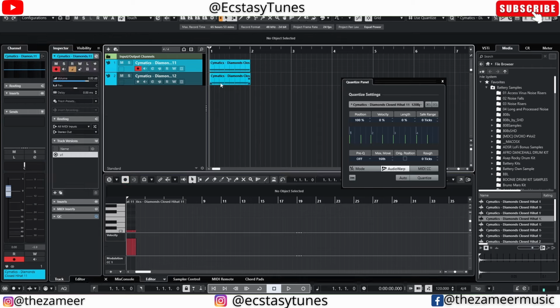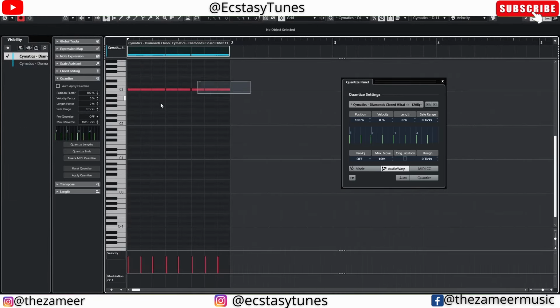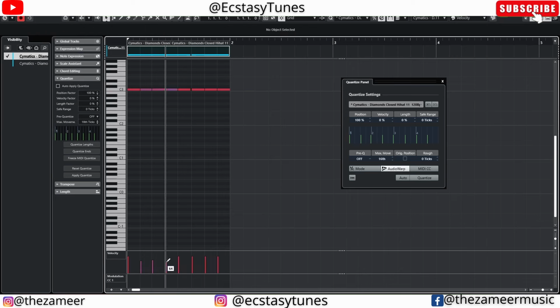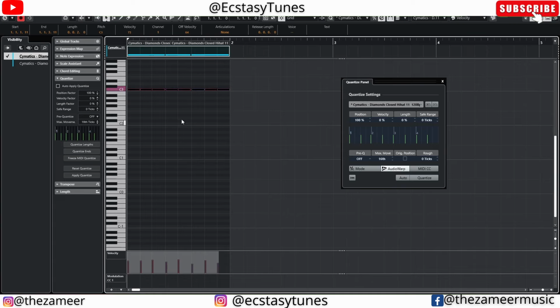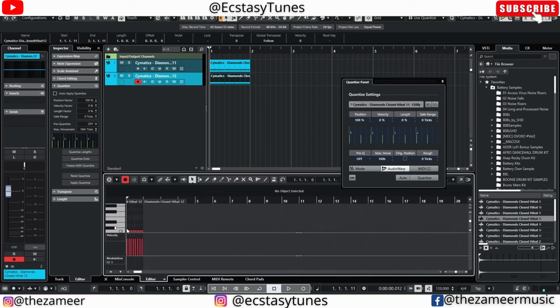But there's another cool thing that you can also do, which is the velocity. For instance, let's say I have created this realistic hi-hat pattern, and I have adjusted the velocity as well, like so. Right now, if I drag and drop this one, when I go to this hi-hat now,